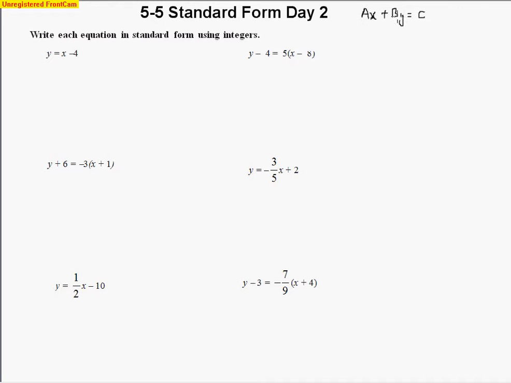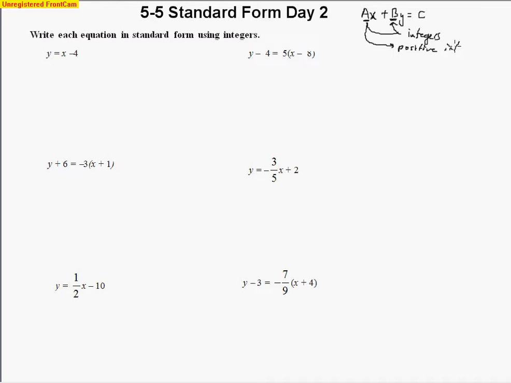And so ax plus by equals c. So a stands just for a coefficient in front of x, b is the coefficient in front of y, and it equals a constant. And typically we want these variables, these coefficients, to be integers. And so these should be integers, and even more so, at times they like the a term to be a positive